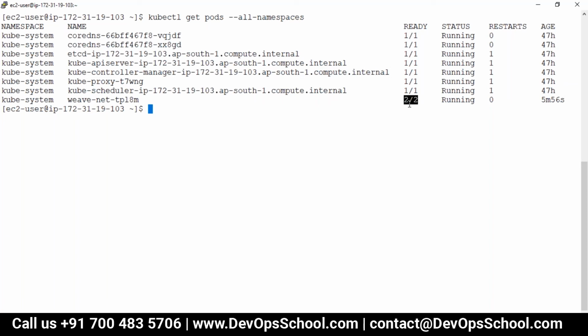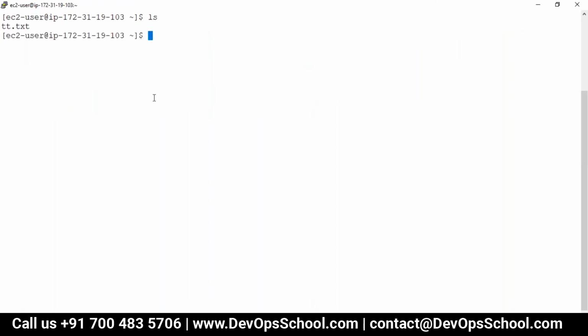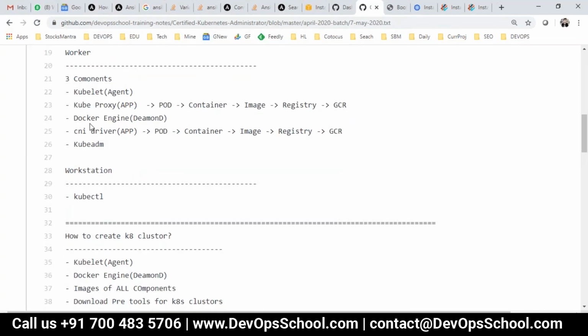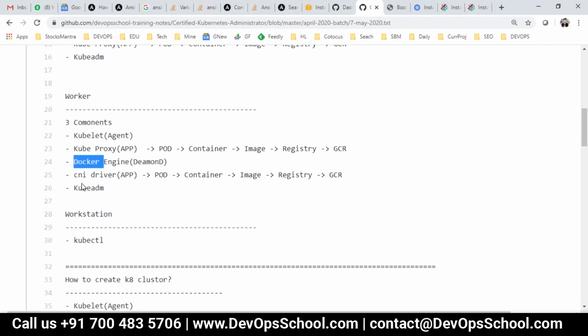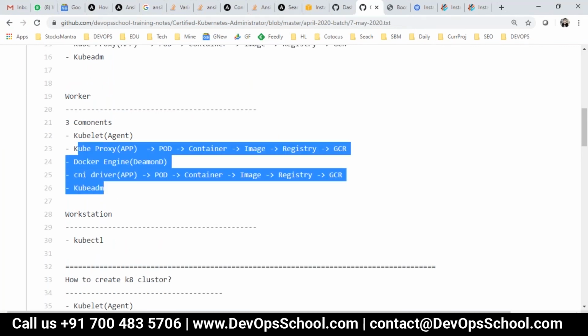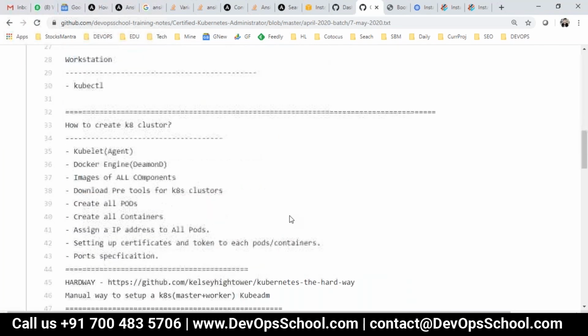Okay, so guys, this is your workstation and this is the master, and my work there is done. The last thing which I'm going to show you is the worker, in the next 6 minutes, and I'm not going to explain much because you have all already understood what you need in a worker: kubelet, kubeproxy, docker engine, kubeadm, all these things. How do I get it? You know that very well.